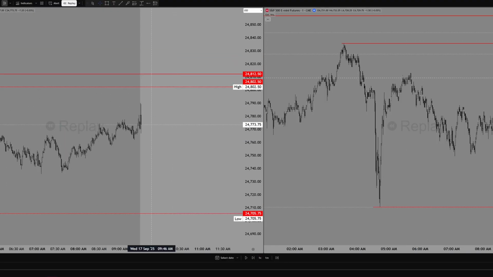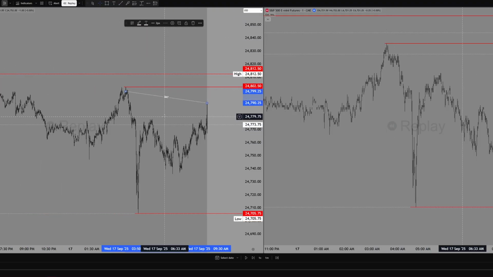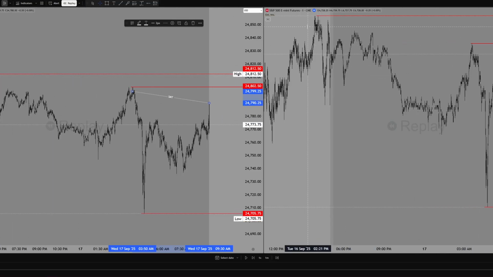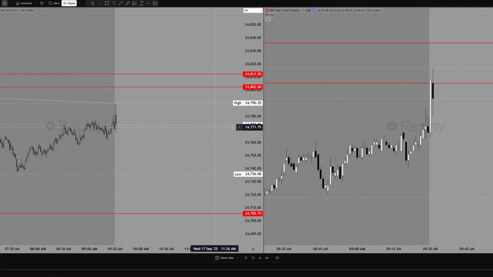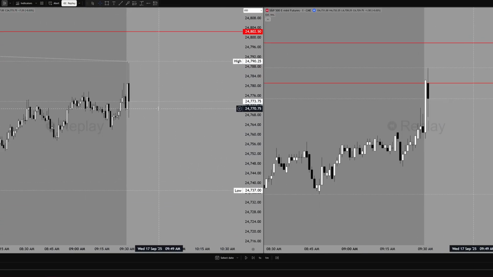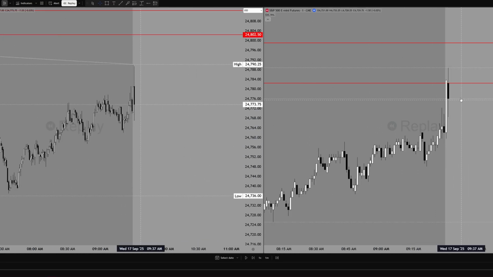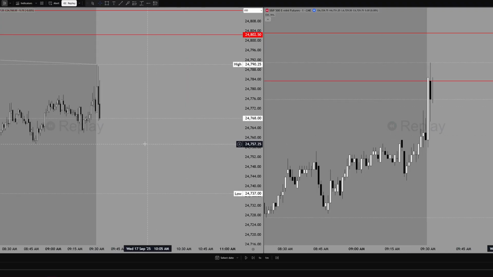Okay, we displace higher. We take out this, so that is bearish SMT right here. Now I want to see what happens, if we're just going to displace lower from it, or are we just going to disrespect that. So we take out, we got to look at ES because that's where the bearish SMT is at, and then we can take continuations on that. Yeah, so we kind of swept it. We're going lower. Let's see what happens.